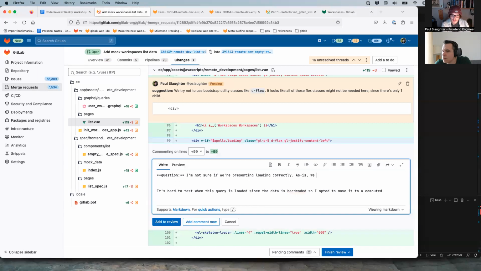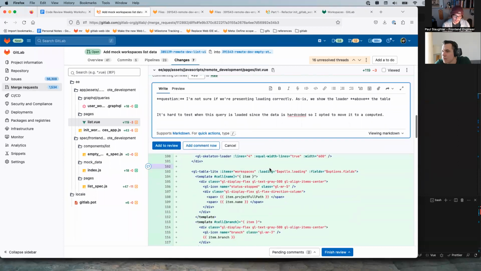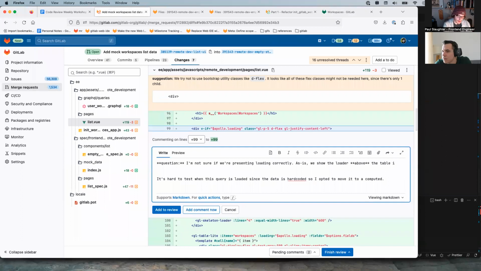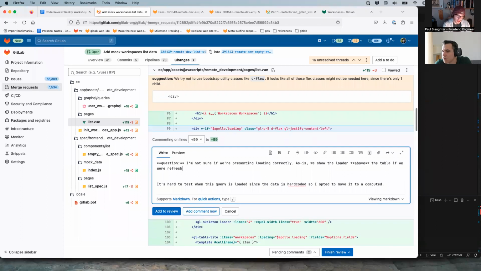As is, we show the loader above the table. If we were refreshing and loading a different page, do we mean to show the loader instead of the table?